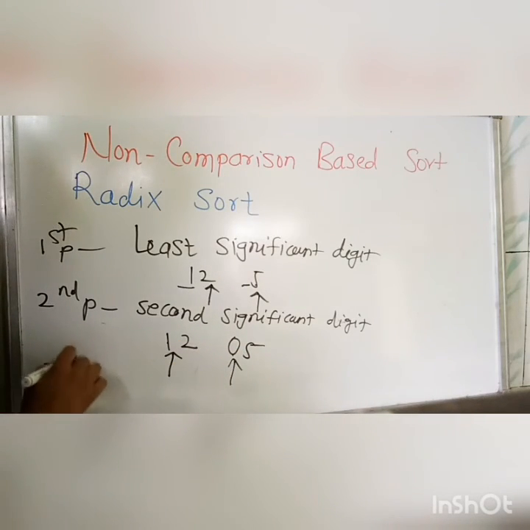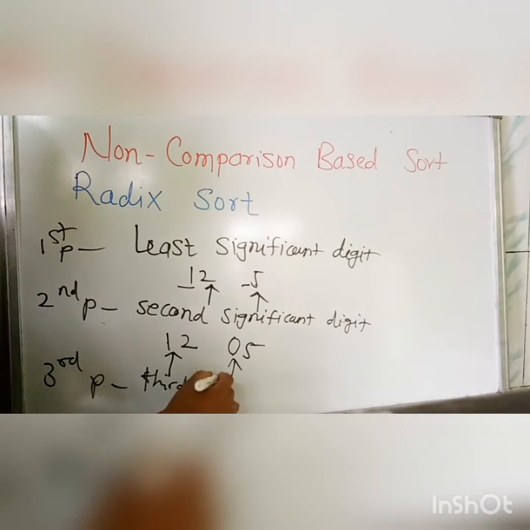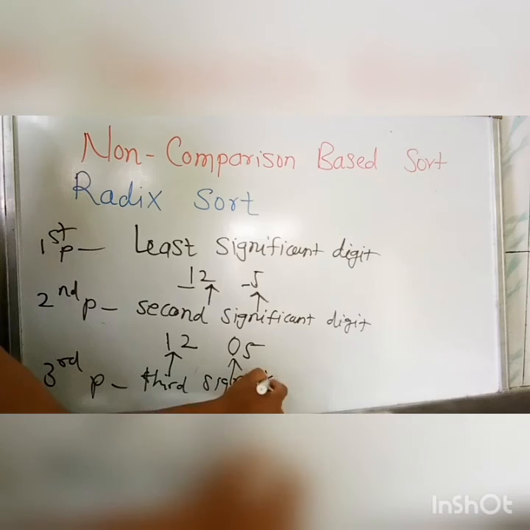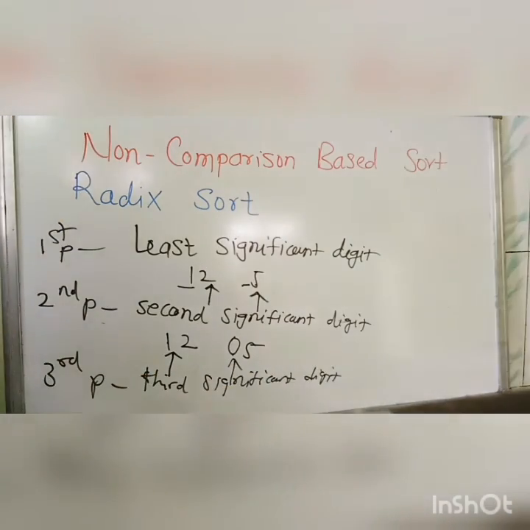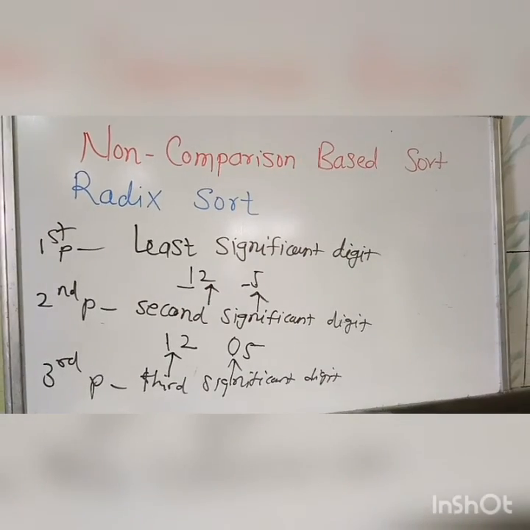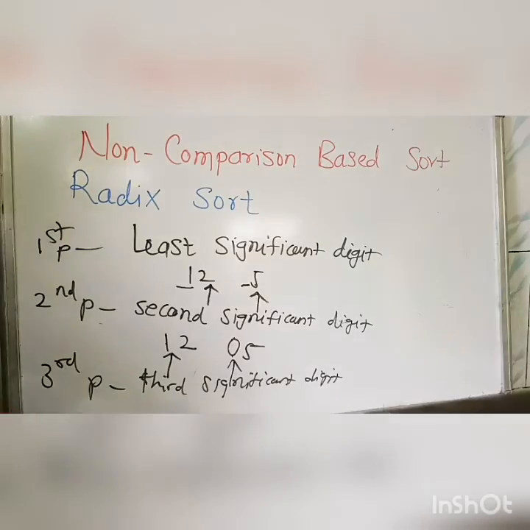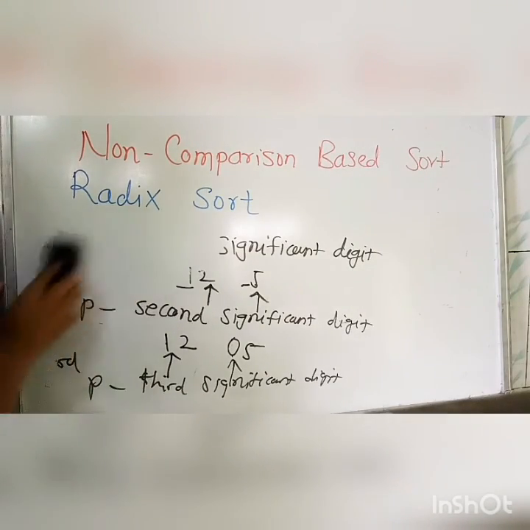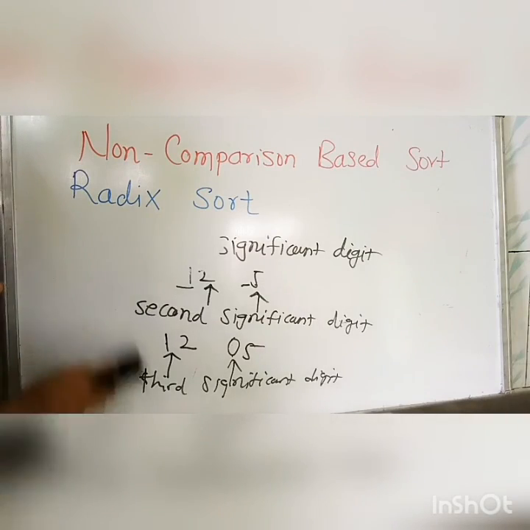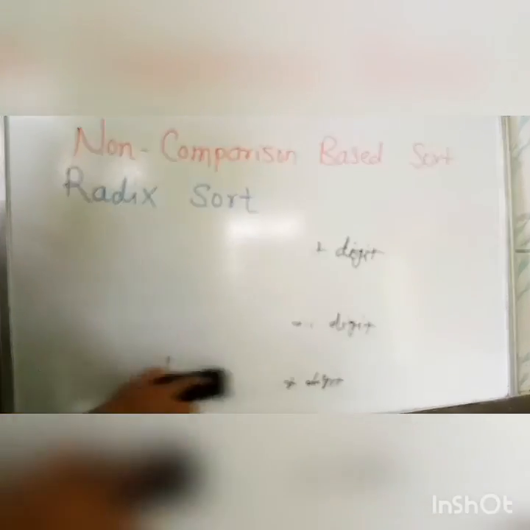In the third pass, we will consider the third significant digit, and so on. The number of passes decides which digit will be selected next. Now we will take one example and try to understand the mechanism behind